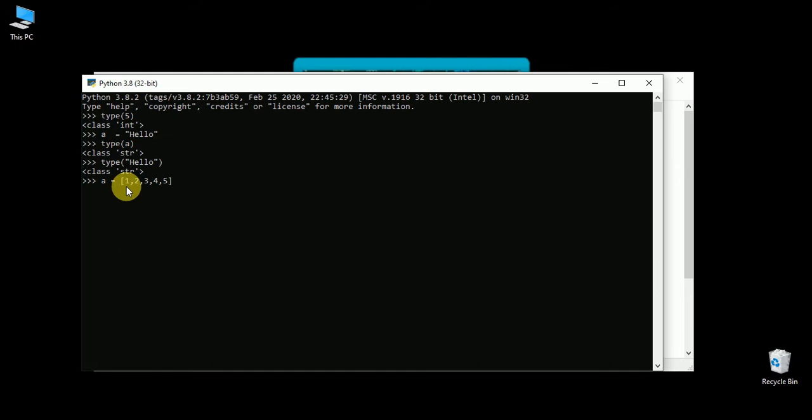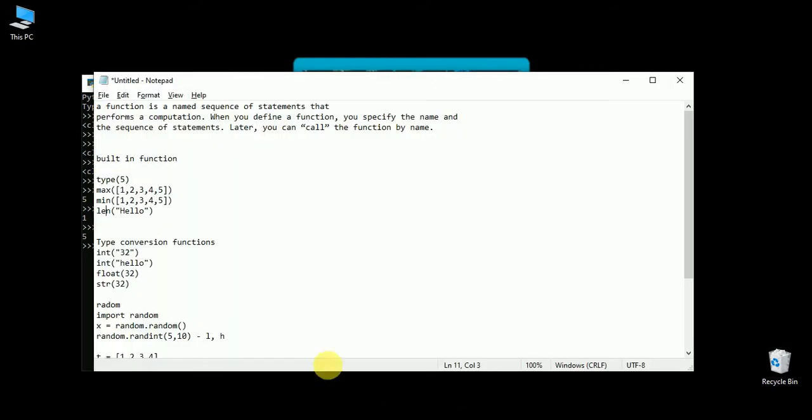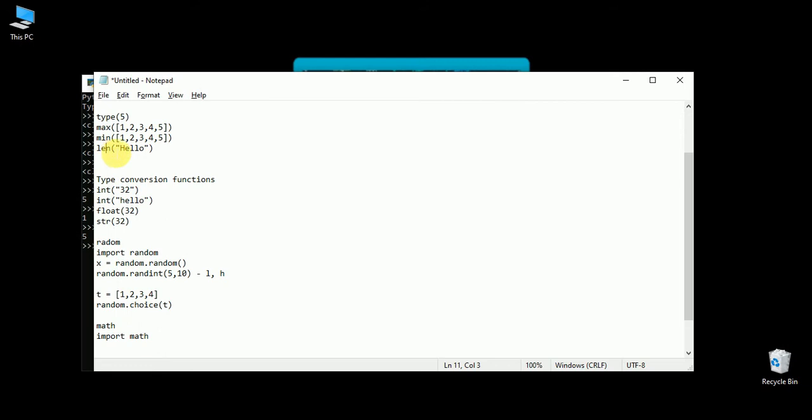If I want to find the max, I will do max of a, and you get 5. Again if I do min of this, it will give 1, and if I do length of a, it will give me 5. So max, min and length take a list, and from the list they find the maximum, the minimum, and the length. We can also pass a string to length.